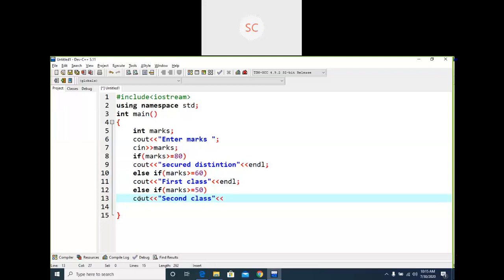And an else statement: if the above conditions are false, I'm going to write one else condition, that is the default condition, where I'm going to write "Fail".